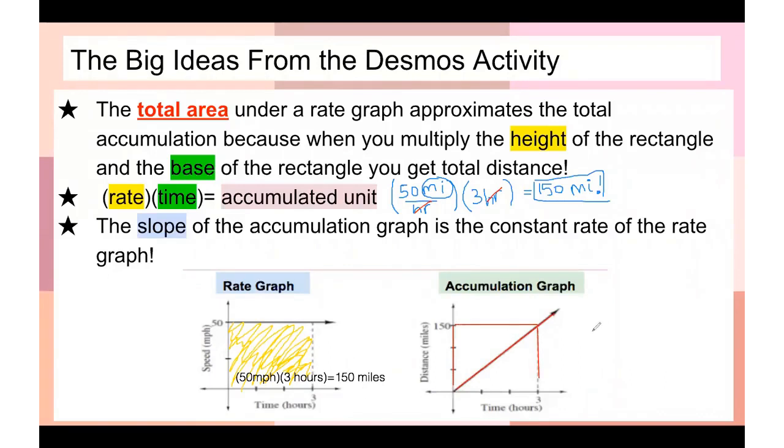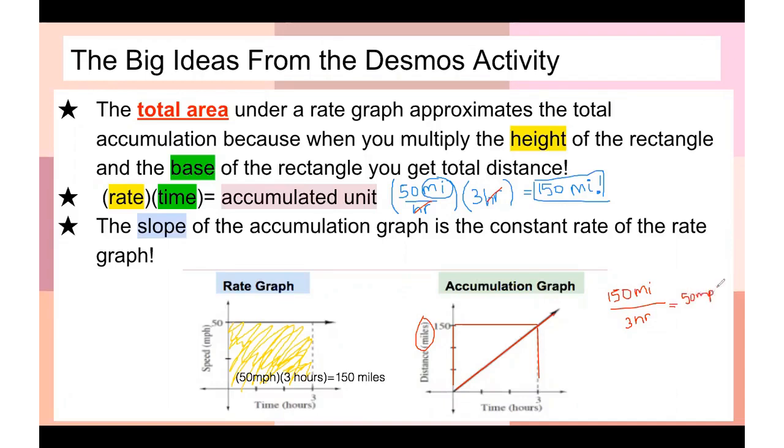My rise is going up by 150 units, or 150 in this case miles. And our run is going to be 3 hours down here. And when you do 150 divided by 3, that's going to get you the 50